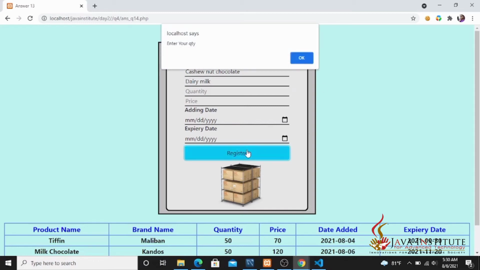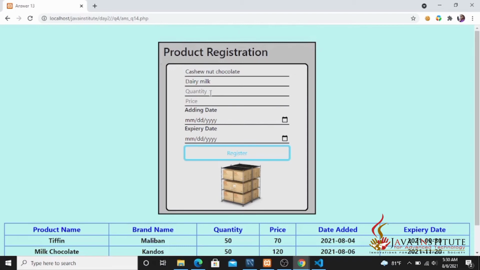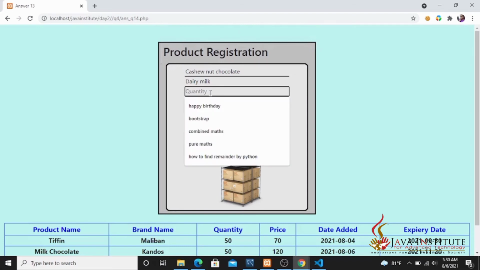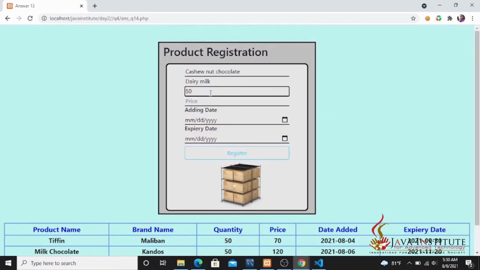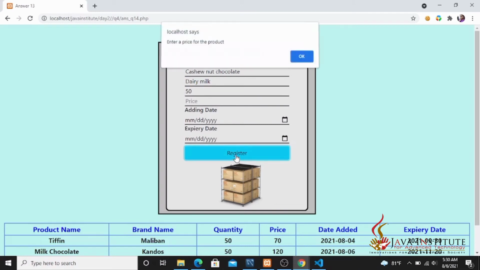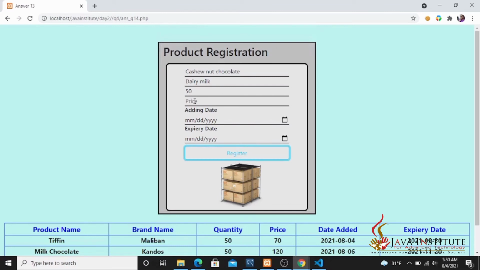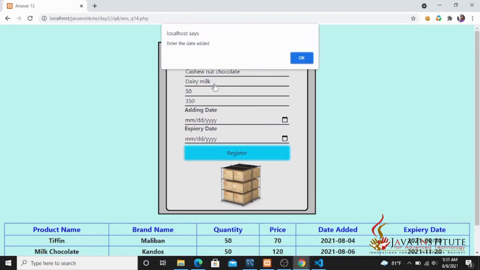And then I'm going to register, but I have to enter the quantity for my product. So I'm entering quantity as 50. So then I'm going to register again, but I have to enter a price for the product. Then I'm entering a price for the product as 350. Then I'm going to register again.